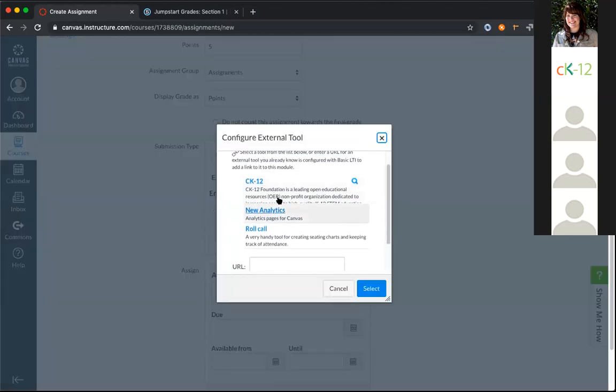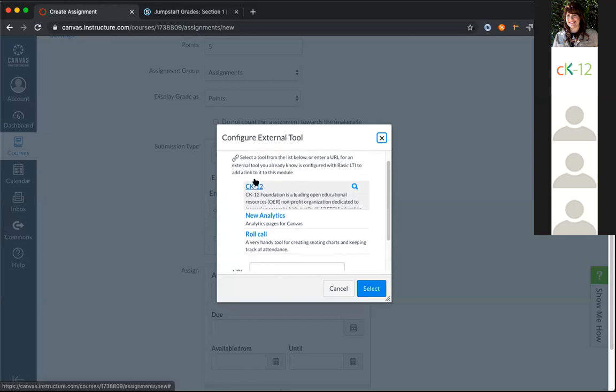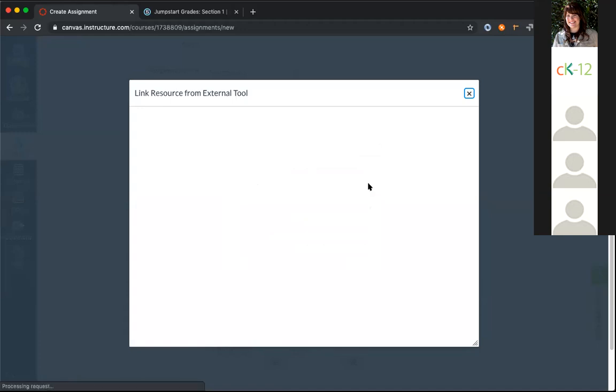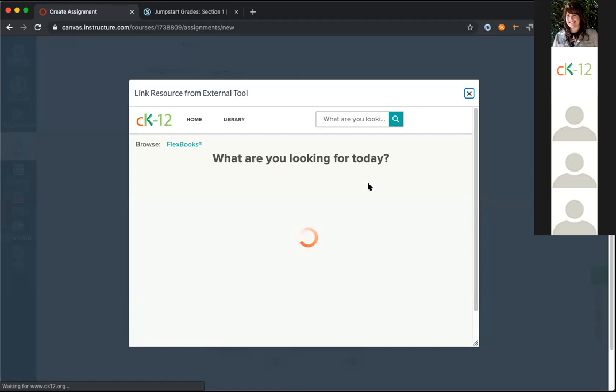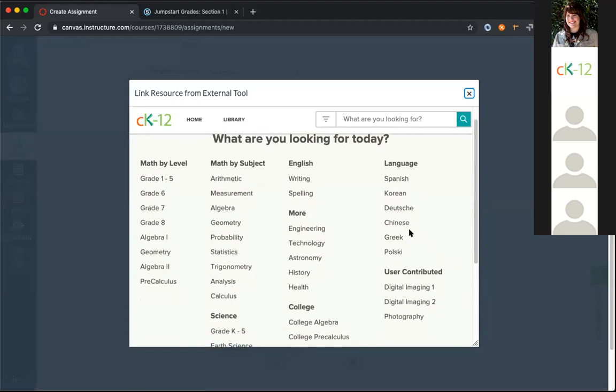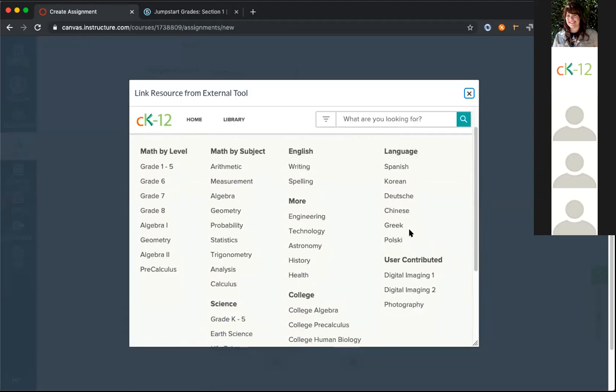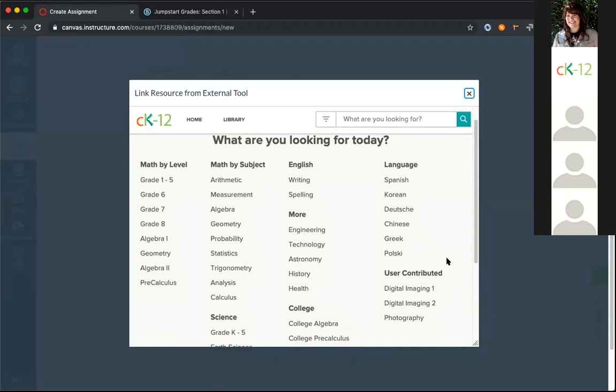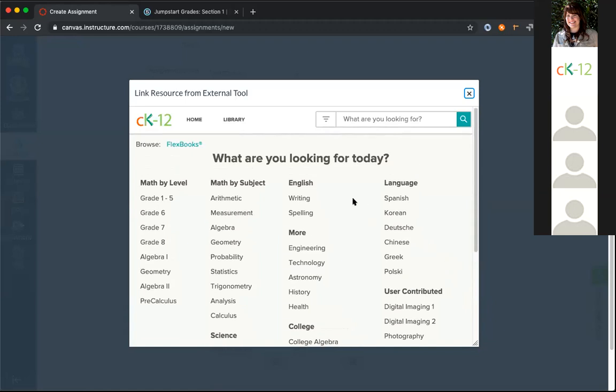If you have other apps, they'll show up here, but CK12 should show up here for you. If you don't see it here, just make sure you have it installed. That could be the reason you're not seeing it. So I'm just going to click on CK12. This will load our app, and what it drops you into is basically our browse page. If you've been directly on our website, you may have seen this before in some shape or fashion. You're pretty much directly on CK12, just within this view.